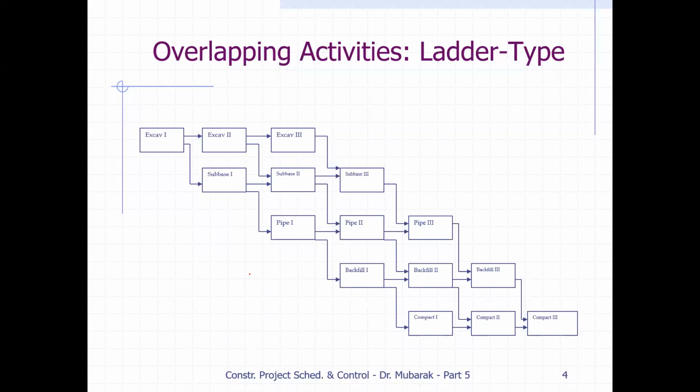So for a 1,000-activity project, if you break these activities each into 3 or 4 or 5 activities, you'll end up with an overwhelming number of activities, which is unreasonable. Because of that, the stair or ladder type of overlapping approach is not very practical for vertical construction. And with that, we have to come up with